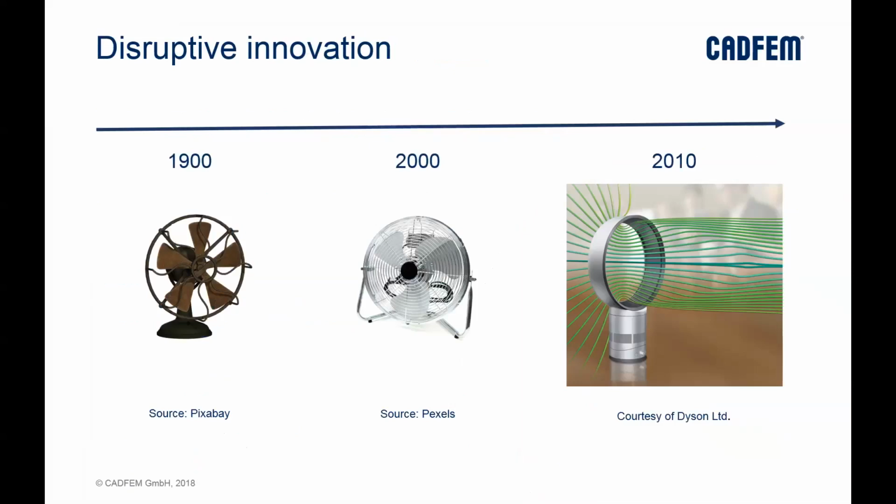designs. And then some 10 years ago, James Dyson decided to really revolutionize fan development. And this is what you see here on the right side. It's still a fan, it's still moving air, but you don't see the same design anymore. So to be able to change the design in a disruptive way, in this way, he was using heavily simulation to really understand the product, understand the physics behind the product, to be able to design something which is completely